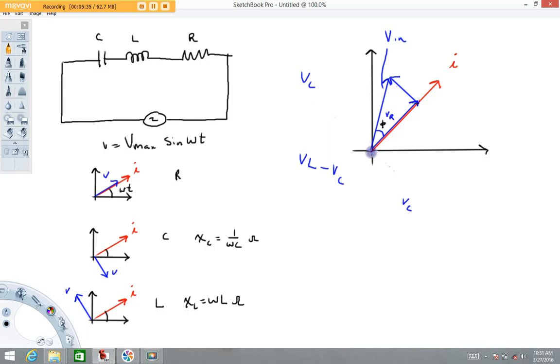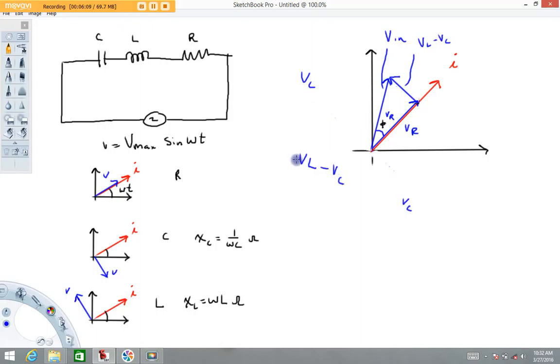All right, so now this is equal to the voltage across the resistor. This one is the difference between these two. So let me label these. I'm going to label those in blue because they're voltages. This one's equal to V sub R. That's this blue one. This one's equal to V sub L minus V sub C. And then this is the net, which is equal to the input voltage. The omega t angle would be from here to the input voltage.